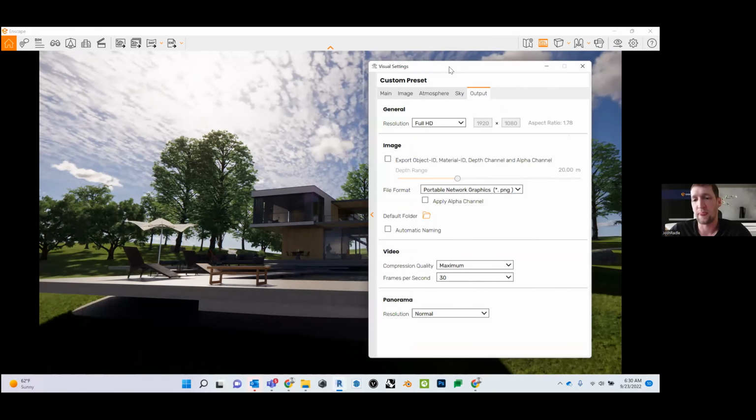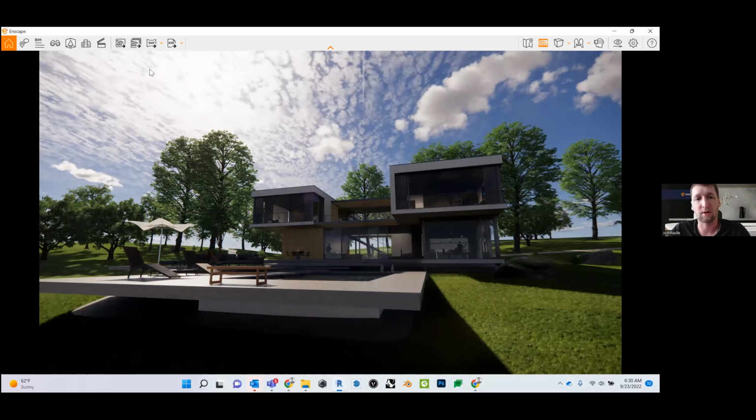All right. So if you plan on going to Photoshop afterwards, we do have a couple extra options that will help in Photoshop compositing. So we have right here object ID map, material ID, depth channel, and alpha channel. And then you have to enable the alpha channel inside of here. And now if I'm ready to do a rendering, all I have to do is hit the take screenshot